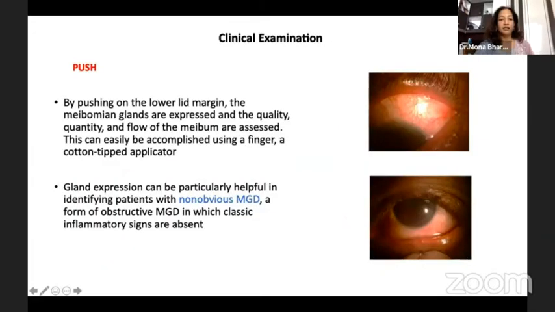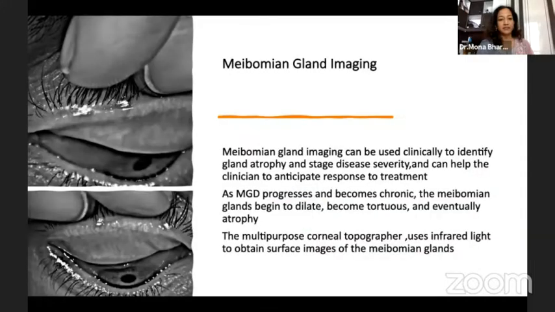Another important examination part is just pushing the lower lid margin to see the meibum quality and quantity with either a finger or a cotton-tipped applicator, to rule out the presence of non-obvious MGD, which can be present without any inflammatory signs. Imaging of the meibomian glands by infrared topographer helps us analyze the dilated, tortuous, or atrophic glands, and helps us stage the disease severity and anticipate response